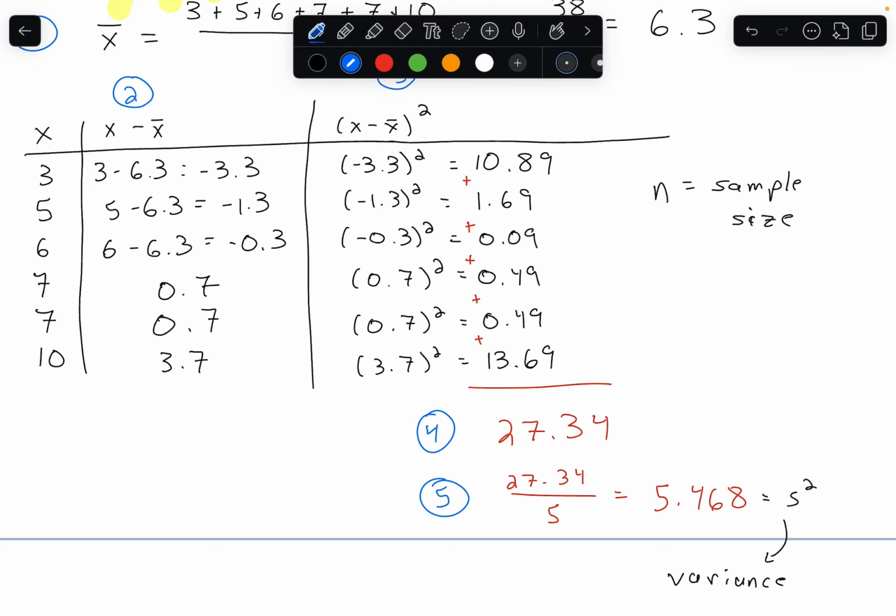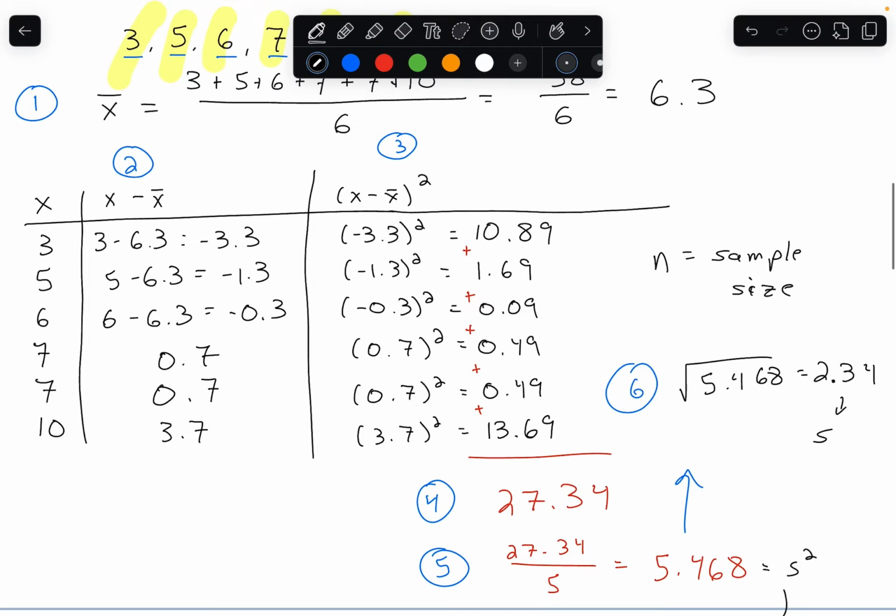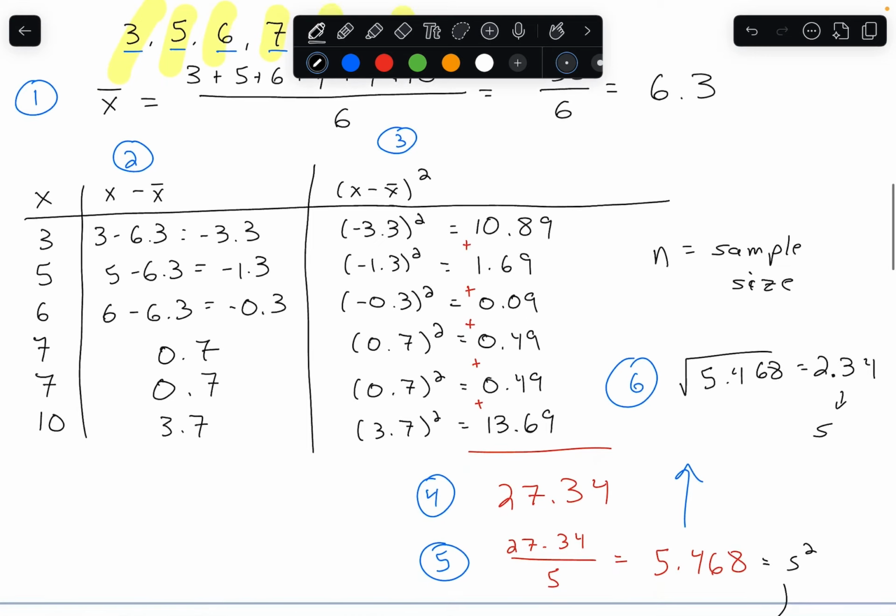So my last step, step 6, I'm going to take the square root of this result. So I'm going to take the square root of 5.468, and grab my calculator, square root of 5.468, and that gives me 2.34. We'll just round to 2 decimal places right here. This is my standard deviation, s. So this is something that we can do by hand. It was tedious to do with 6 different data values, but you can imagine that if we have larger